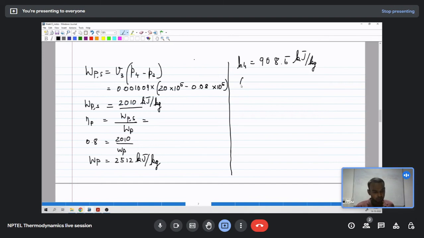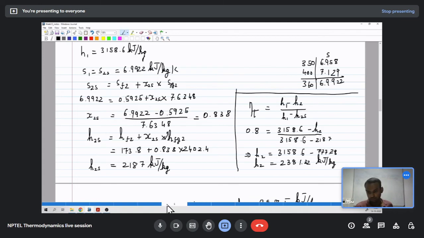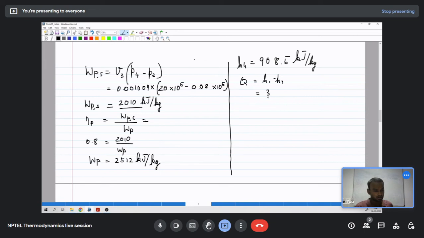Now we know heat transfer to the furnace or the boiler is H1 minus H4, so that is 3158.6 minus 908.5, so we have 2250.1 kilojoule per kg, and turbine work is